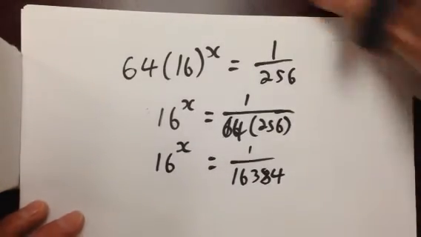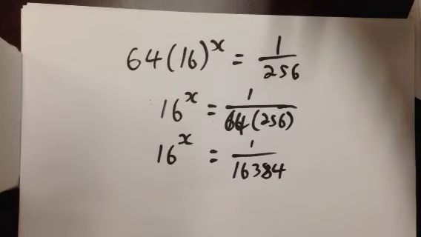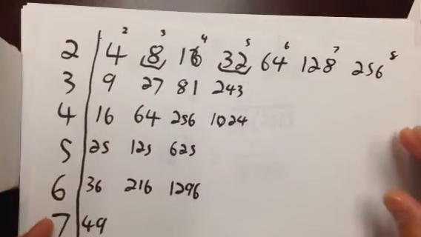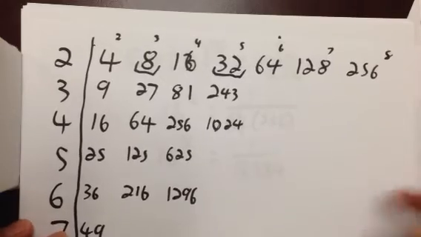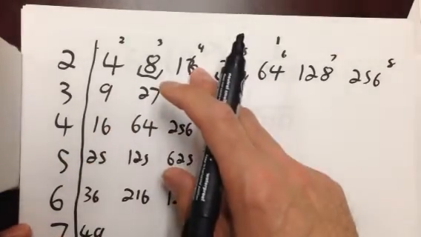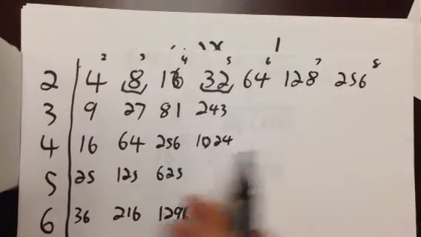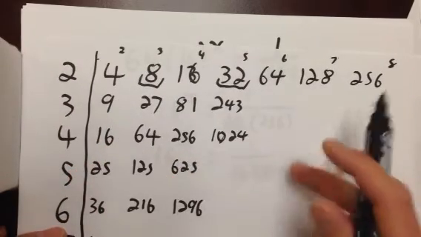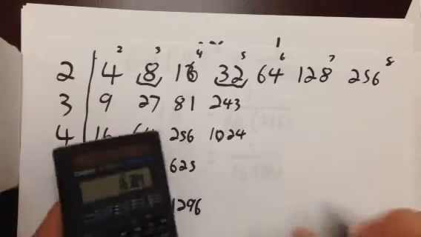Now I'm going to look in my list of numbers. I'm looking for a 16 and a 16,384. Now, as you can see, I don't have the number I'm looking for. I have a 16 here and I have a 16 here, but I don't have a 16,384. So I'm just going to continue one of these. I'm going to start with this one. I'm hoping that that comes out as a power of 4 because I'm not going to have to do that many of them. So I'm going to take my 1024